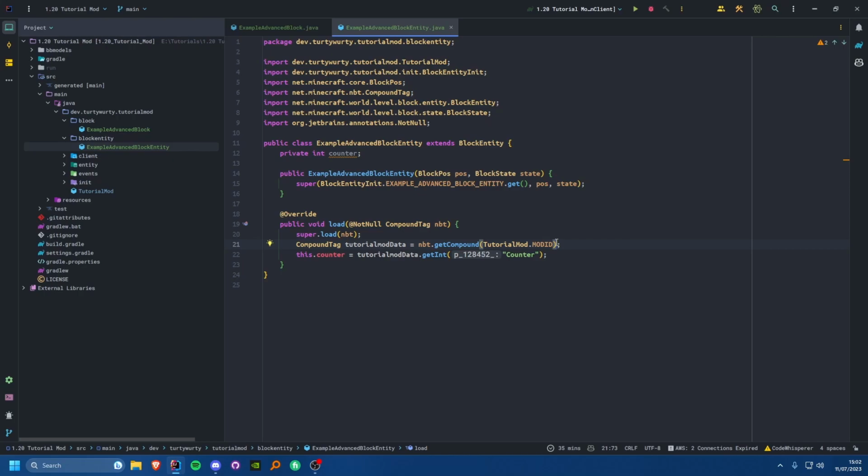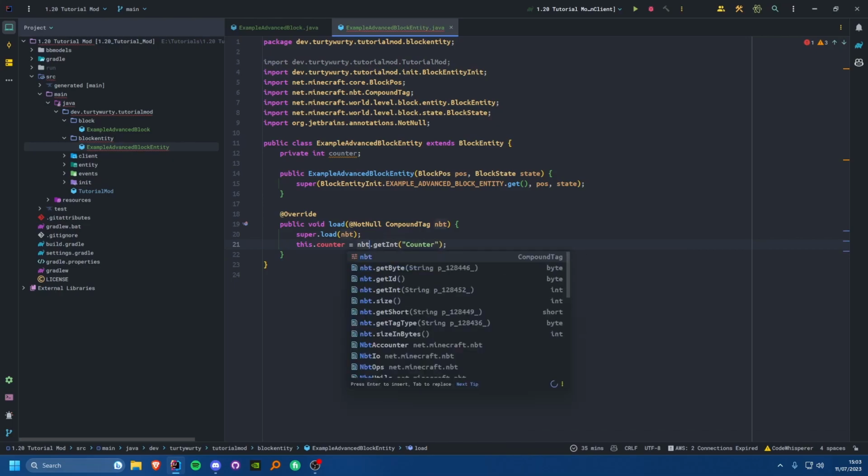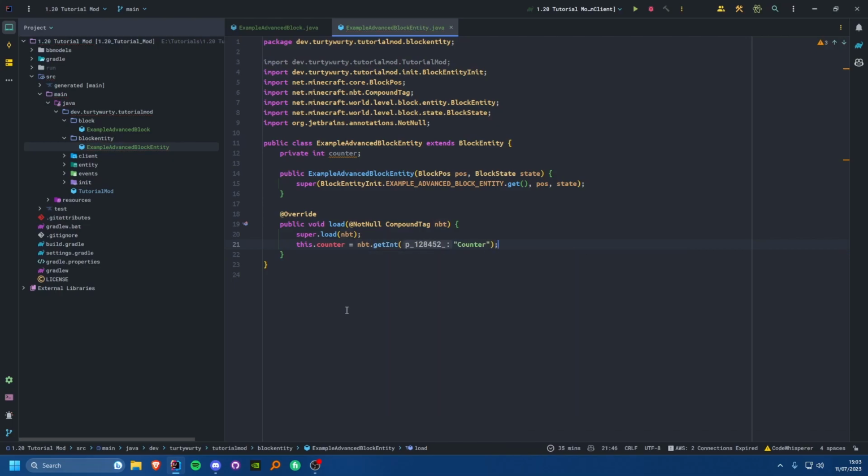If you're not super worried about compatibility with super niche mods, then don't do this, but generally I think it's a good idea to do that kind of thing. I'm not personally going to do it because I think it is in a way a bit silly. The chances that that would happen are extremely low, and if it does happen, you're just going to get a bug report and you can fix it, but it's up to you. I'm not going to, but yeah, and that will load it from the NBT, right?